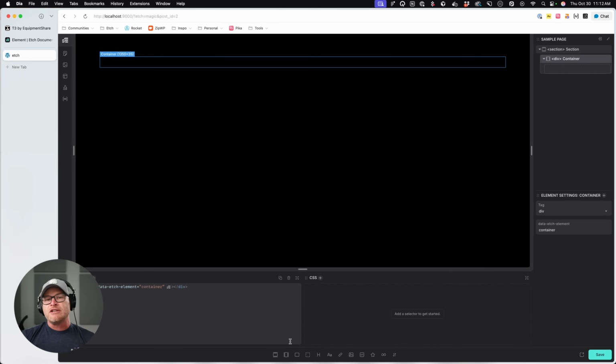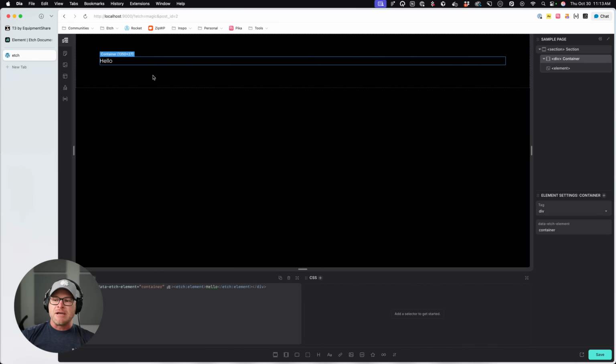Now, since it's primarily used for components, you're not going to see it in the normal elements bar. If you know it exists, you can always just type it out of thin air, right? So you can come in and it's Etch element, boom. Okay, look, hello, I've just made an Etch element. And over here, when I click on this element, you'll see that it already has a default attribute of tag. And that's really what this element is for. It's an element that can morph into any other element without physically altering its tag, right?